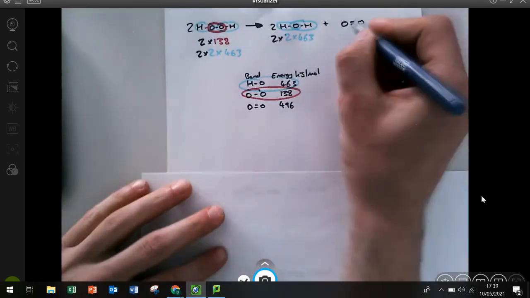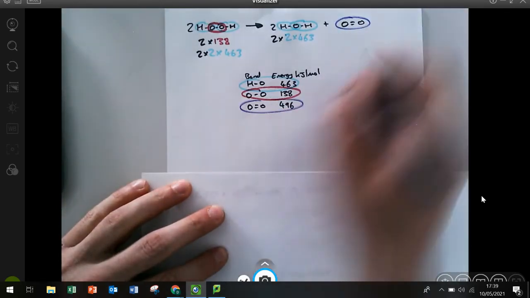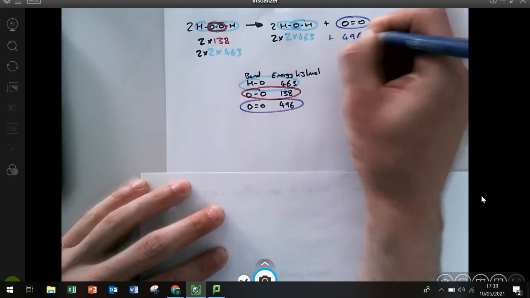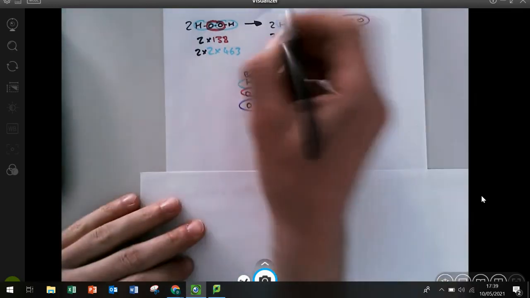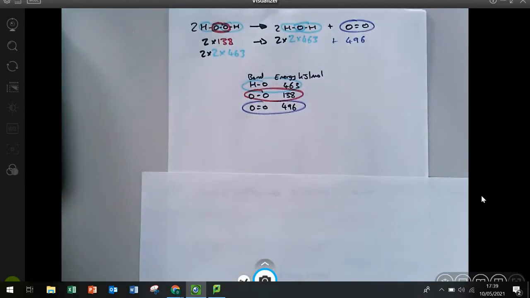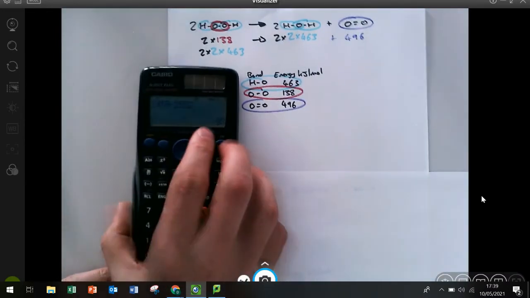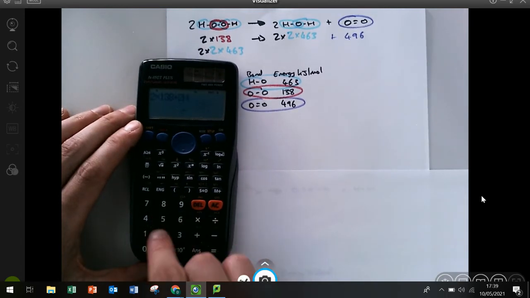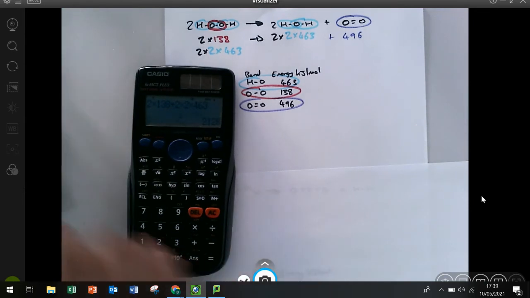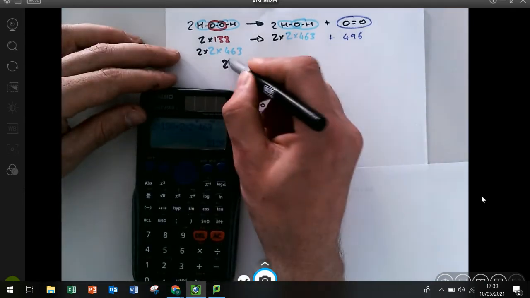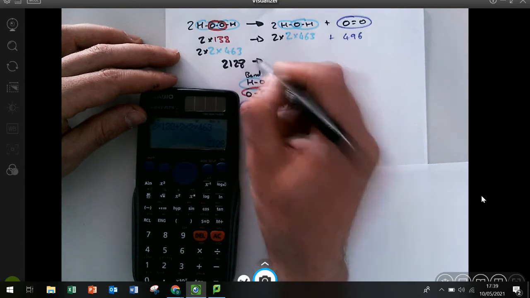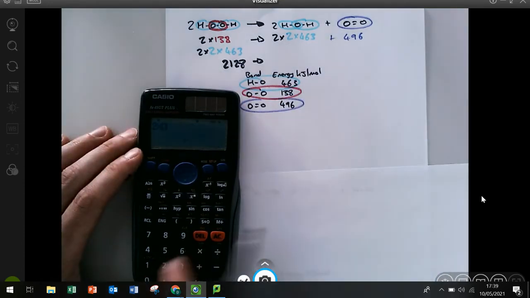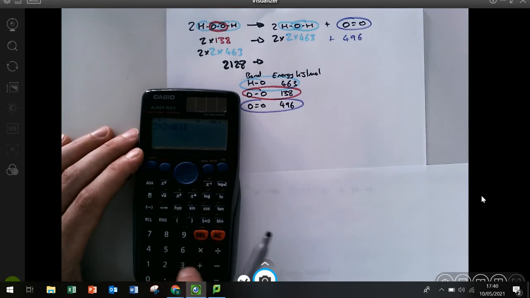OO is this one here. 496. So now what we need to do is use our calculator to work out the difference between the 2 of them. So 2 times 138 plus 2 times 2 times 463. So on the left-hand side, we've got 2,128. That is going to go to 2 times 2 times 463 plus 496, which is